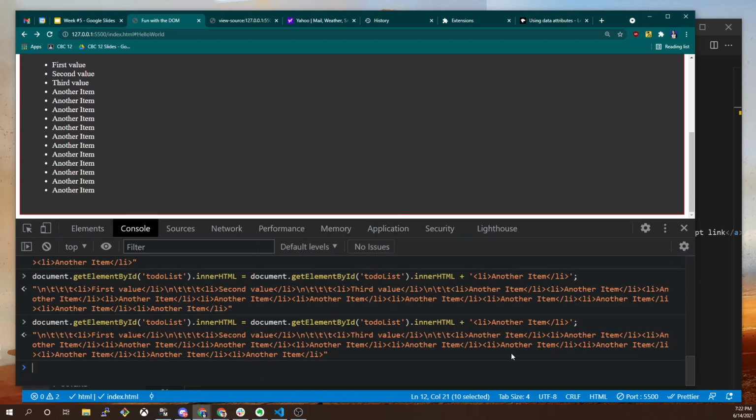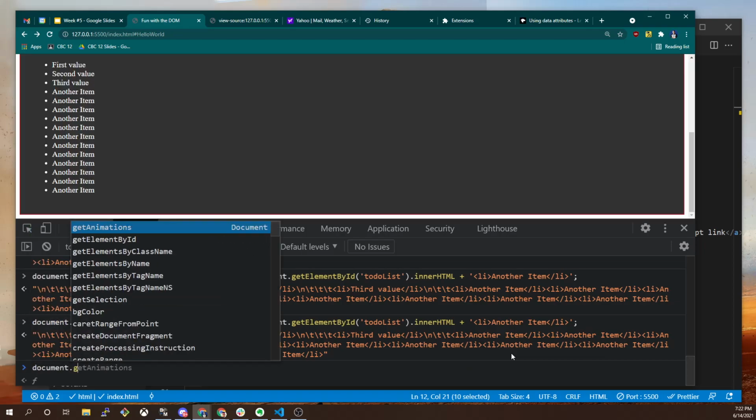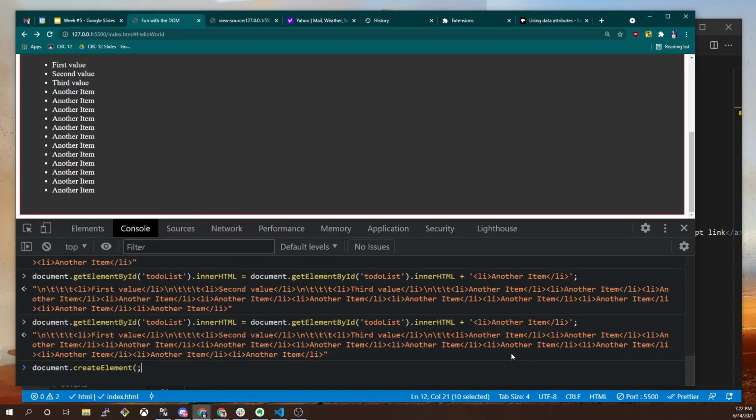The formal way, where we create document.createElement li, and then we go through and set the ID, set the class name, and all that stuff. Or we can literally just modify the HTML of the parent element. Both ways are equally valid. Both ways are perfect. What document.createElement does for you is that you've got an object that you can operate on